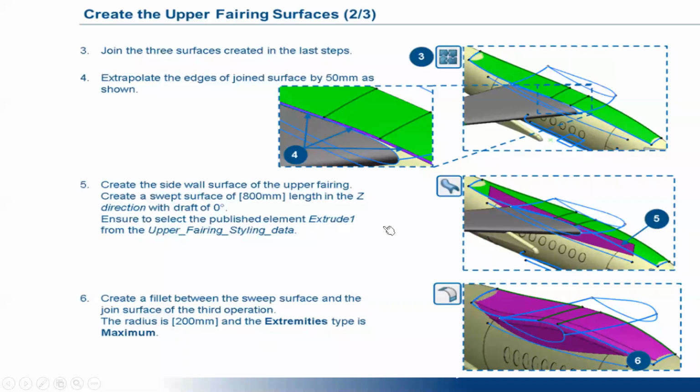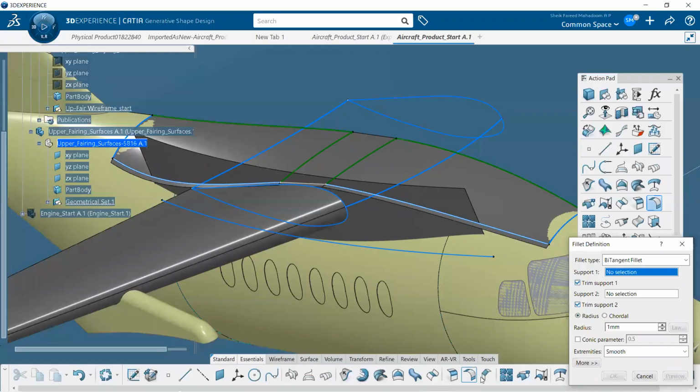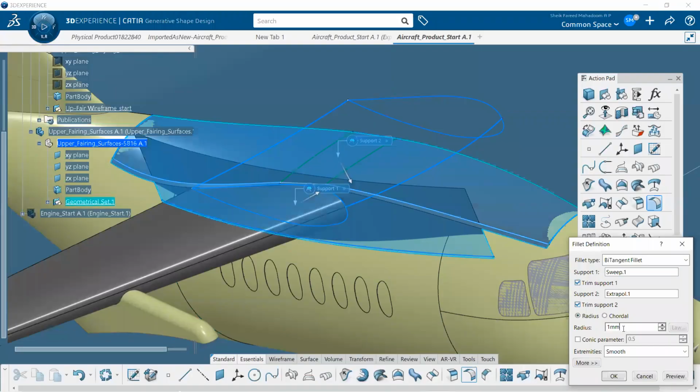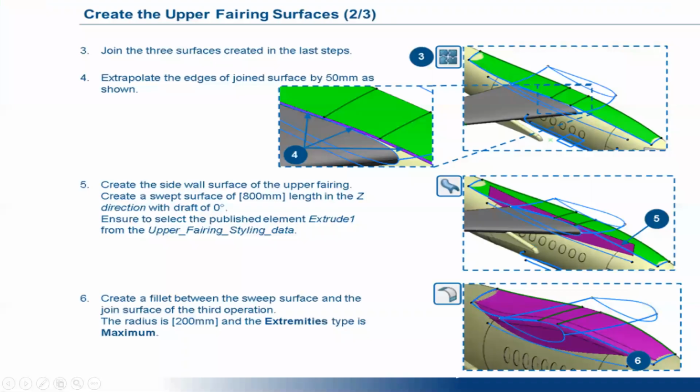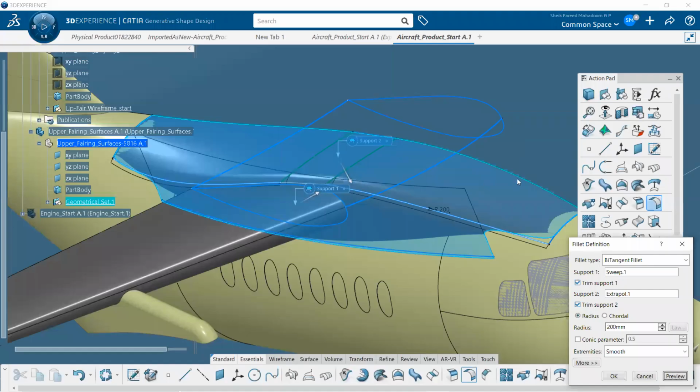Select the sweep surface over here and then the joined surface over here. Then the radius of the surface will be 200 mm. Preview, click OK. Now we can see we just created the surface over here.